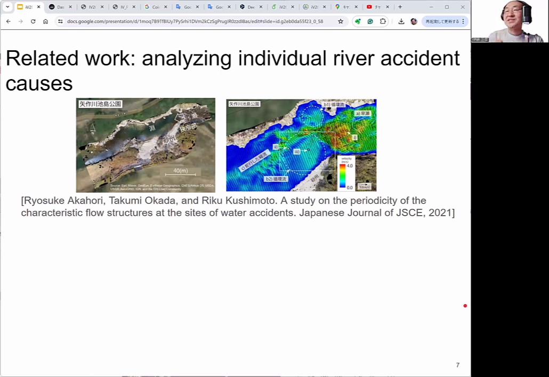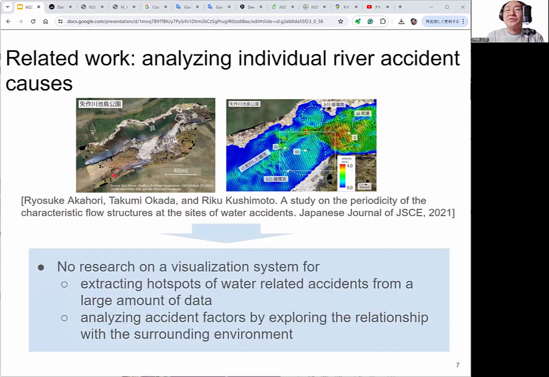They investigate each spot that includes many accidents manually, but there is no research on a visualization system for extracting hotspots of water-related accidents from big data, and a system for analyzing accident factors by exploring the relationship between hotspots and the surrounding environment.